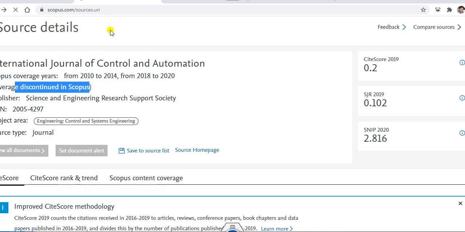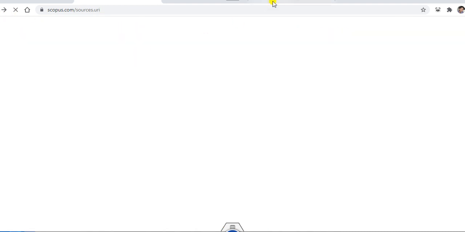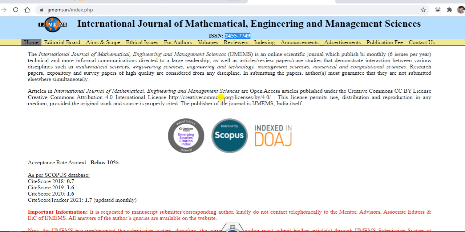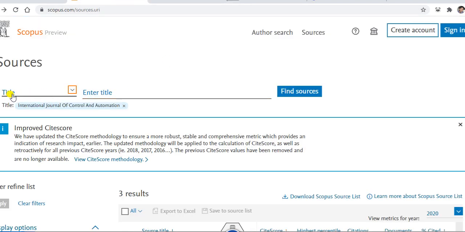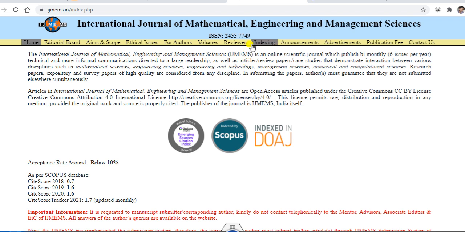Also, if you want to analyze more, say I just want to check whether this journal is Scopus Index. Again it is listed here. You can either click on the title, or let me check this with respect to the ISBN number. I can find the ISBN number of the journal here.